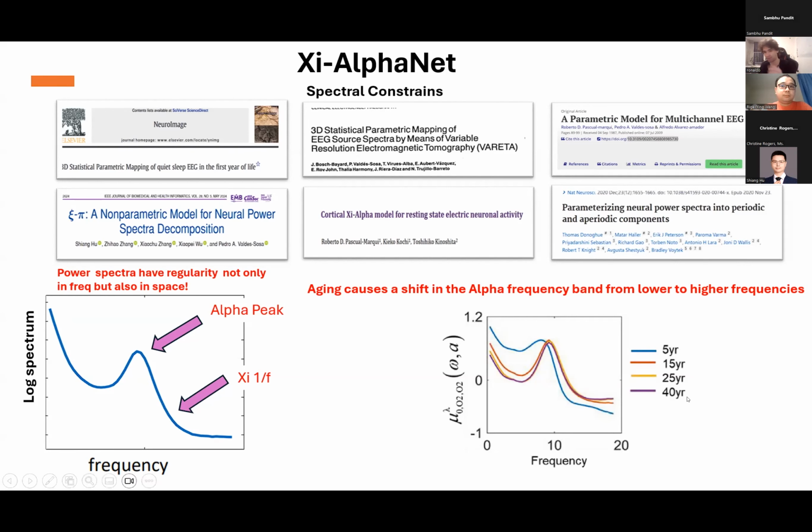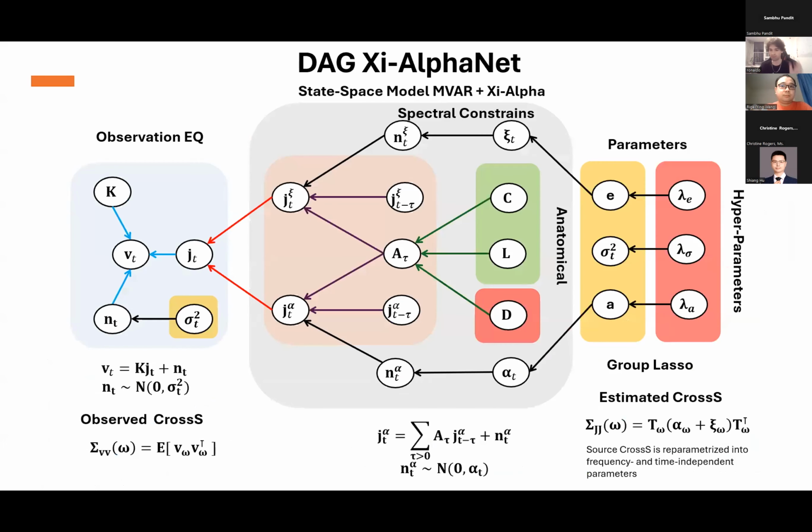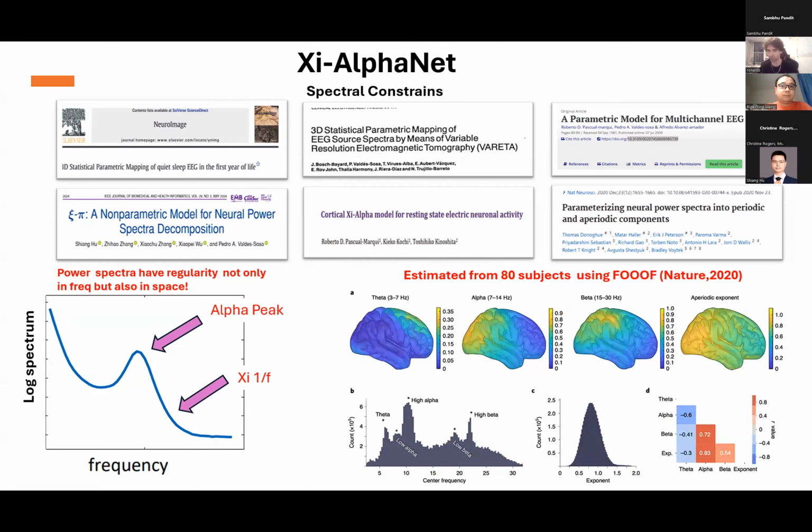We mentioned also that we have some type of spatial regularities of this type of process. We can see in this paper published in Nature by Wojtek in 2020, he was able to establish, in a study of only 18 subjects, that the alpha process takes place primarily in the occipital area of the brain. You also have some activity in the parietal lobe. And the aperiodic component of the spectra, that is basically the shift process, encompasses the whole brain. So we want to try to replicate and display this kind of data and use this constraint.